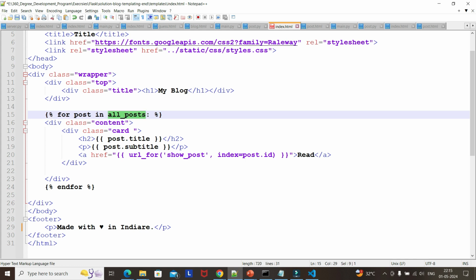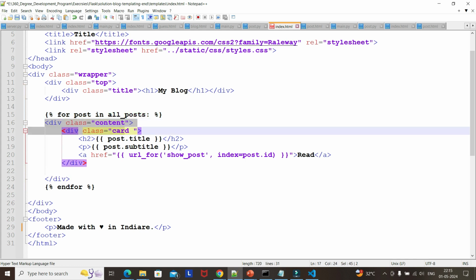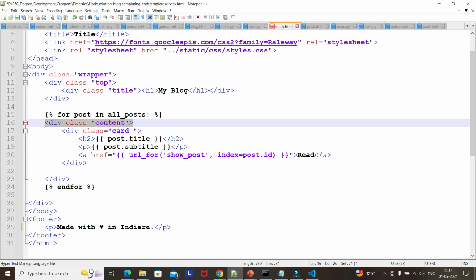We are passing all posts as a variable, right? Like in the keyword argument, we are passing all posts. So we are iterating over that, and for each post we are creating this class, like this content card you can say. In H2, again with double curly braces, we are getting hold of post.title, then paragraph post.subtitle,